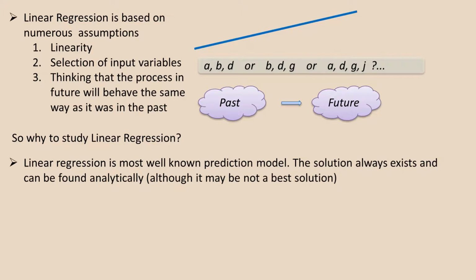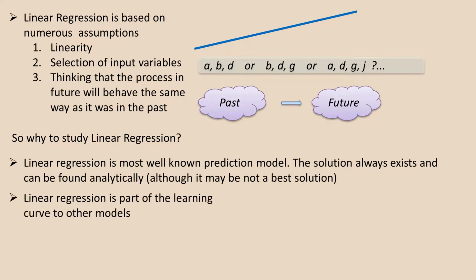Maybe not a very good one, but at least you will find some solution, and you can understand this fact from the previous visualization in our two-dimensional space and three-dimensional space. You can understand that no matter what your dots are, you can always draw some line. Maybe it will be a bad line, but some line is always possible, or you can always draw some flat plane in three-dimensional space.